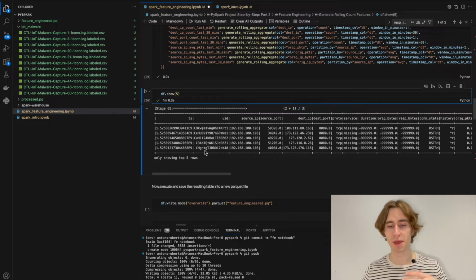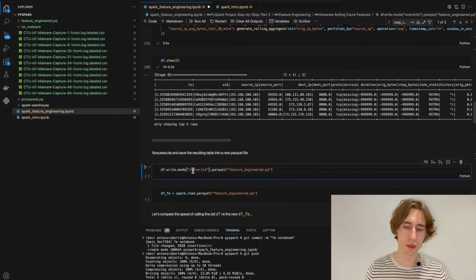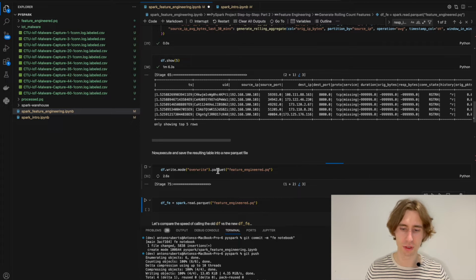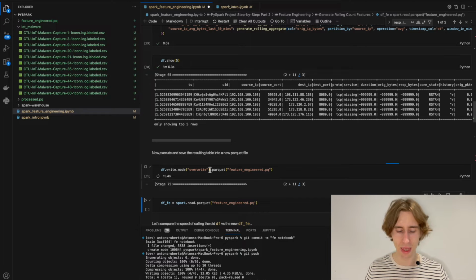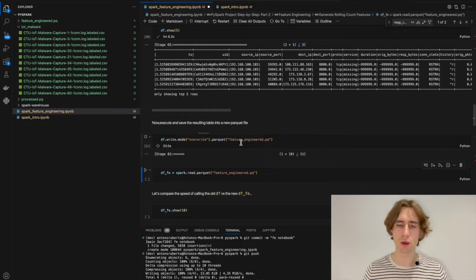That's why I recommend, after you've done some heavy aggregations or heavy processing, if you're doing the exploratory analysis in the interactive way like I'm doing, just write it out to the Parquet file. Here I'm going to write it out to the feature engineered Parquet, and I already have this file, so that's why I'm specifying mode overwrite, but you probably won't have it, so you can actually delete it. And it will take some time to write it out, but once it's finished writing, operating on this data frame